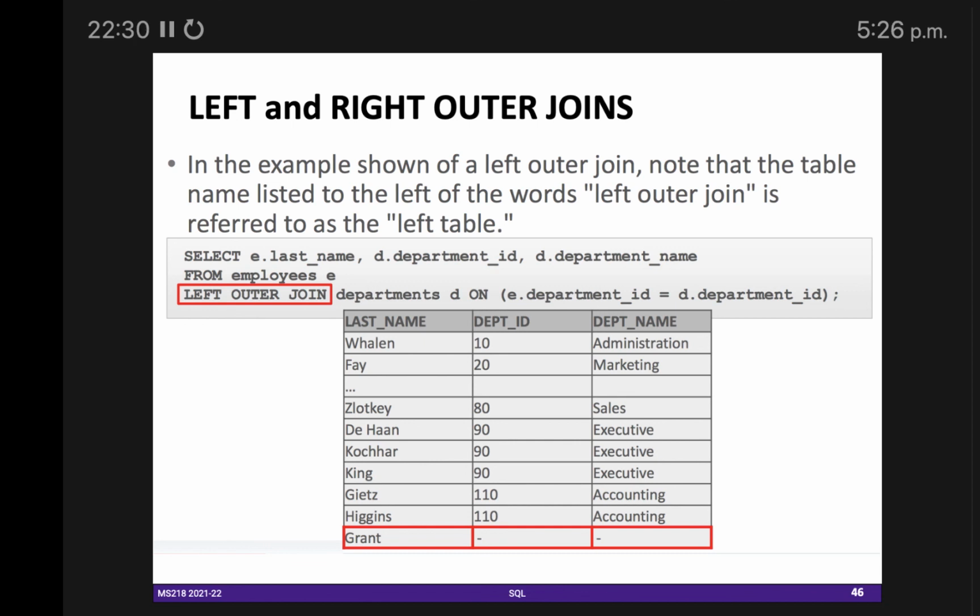But in real data sets, in real databases, we do have rows that are not matched, and sometimes we want to check them. For example, if I want to check how many students or who has submitted this assignment, but I also want to check who has not submitted, it means that matching is not there. So it means I have to use outer join.